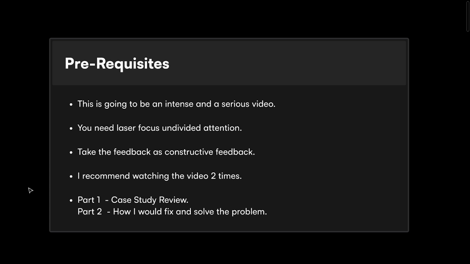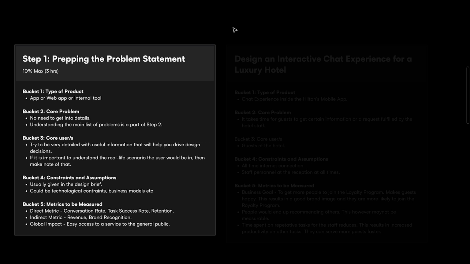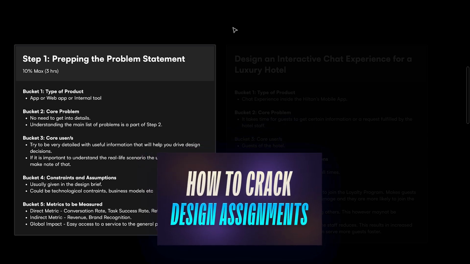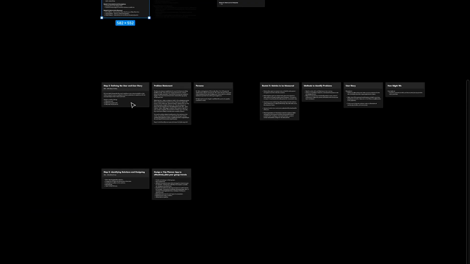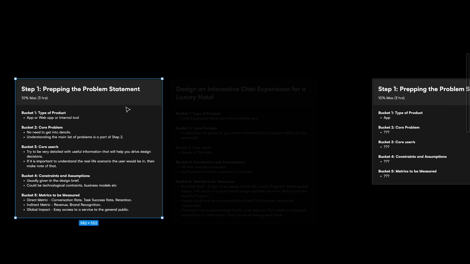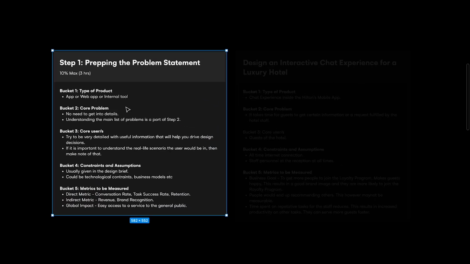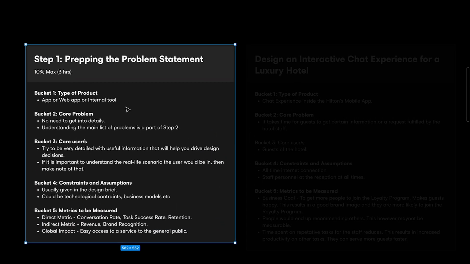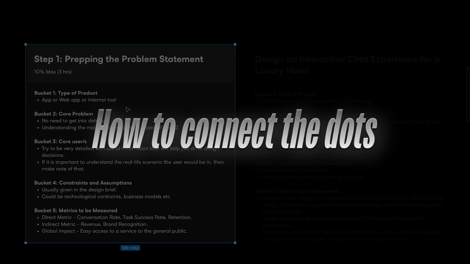So let's get started. Now, if you haven't checked out my video on solving problem design statements, I highly recommend you check out that video. I prepared this sort of a framework. It's actually quite a big framework, and that's going to make it so easy and simple. And I'm going to show you, if you make mistakes in your case study, you won't be able to apply this framework that's there, right? And this is not the double diamond process. This is not some sort of a new process that's there. This is just trying to form a simple structure of how to think and how to connect the dots